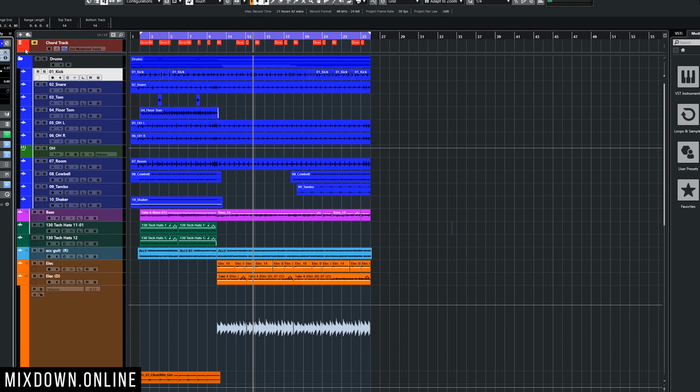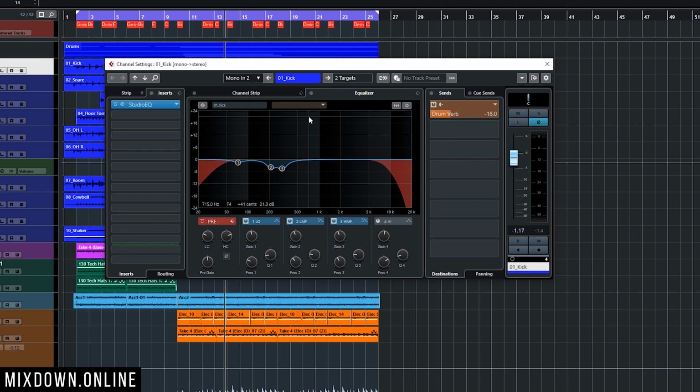All right, so now let's open the kick drum channel settings window. And if we look at the EQ window, right on the top left of the EQ window, we have the activate channel comparison option that we can activate. And that will allow us to compare an EQ curve of a channel with another channel's EQ curve, which is quite practical in some cases. It makes me think a bit of what we find on a FabFilter Pro Q3 EQ.